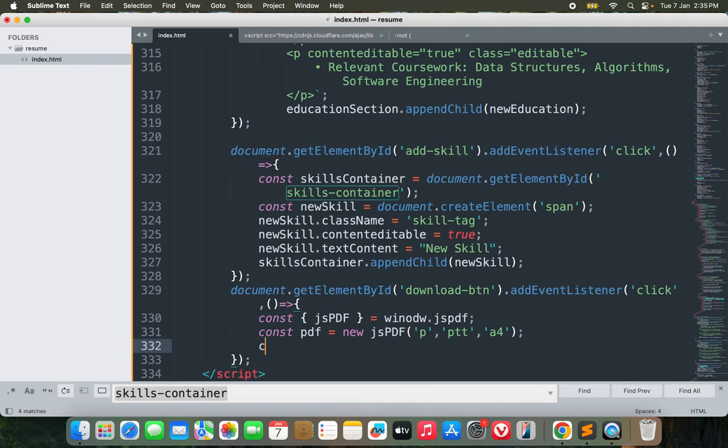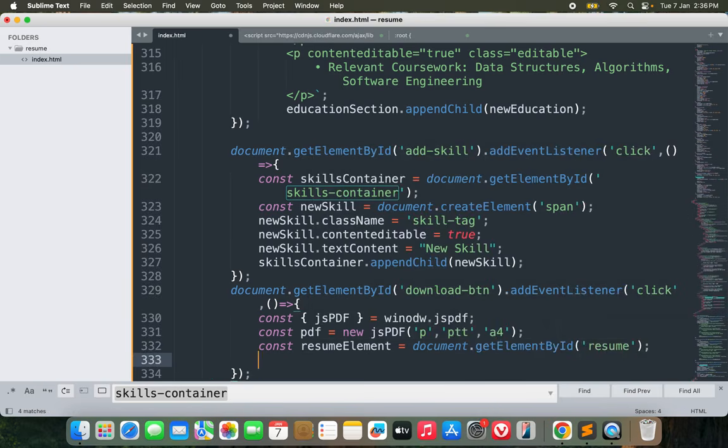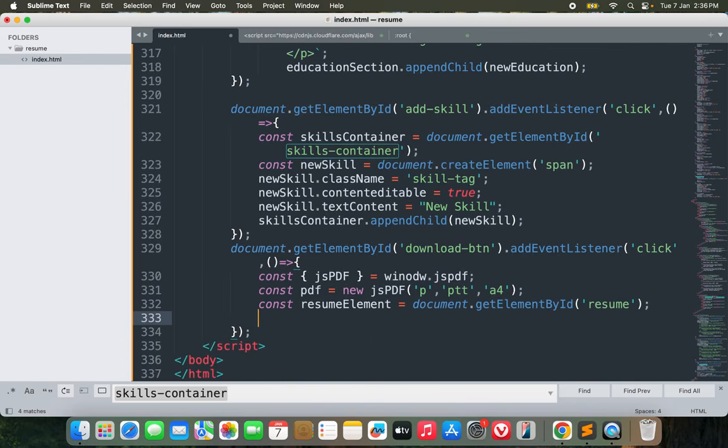Okay, const resume element equals document dot get element by id resume. I want to print this. Actually, I want to convert this element into the pdf, right? Now I'm going to use html2canvas resume element with scale of 2, useCORS true,